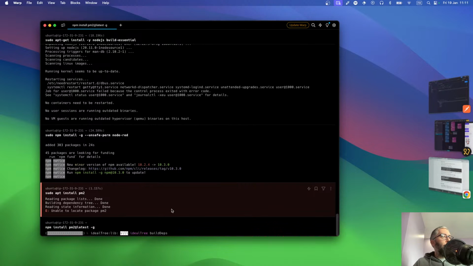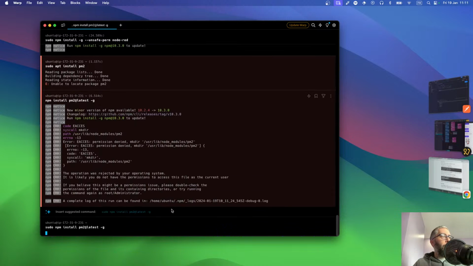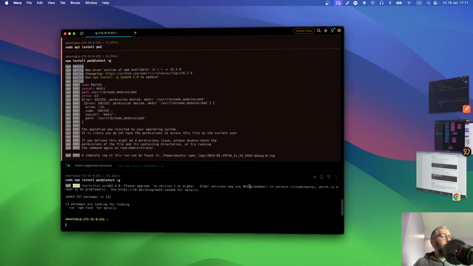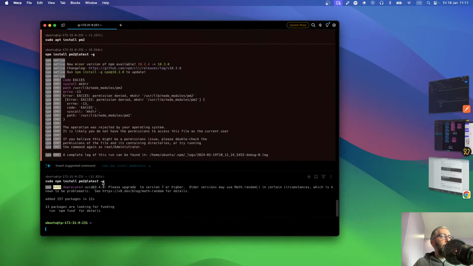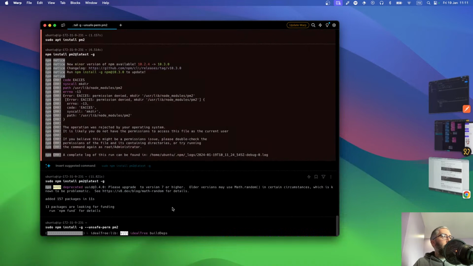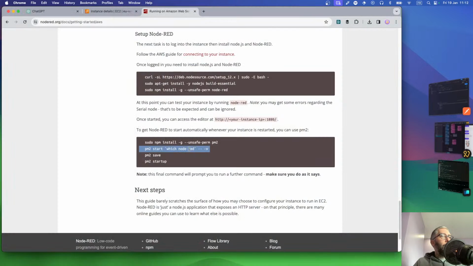Oh, I should have done sudo probably. I never add the Ubuntu user to the sudo group, so I always keep having to do sudo all the time. I should just do that, but it's not good to use sudo all the time. Oh, okay, so they actually put pm2 in their install script as well. And that was global as well, and they used the unsafe perm, so I didn't use that. Oops. Try it again. Not sure how many versions of pm2 I have now, but